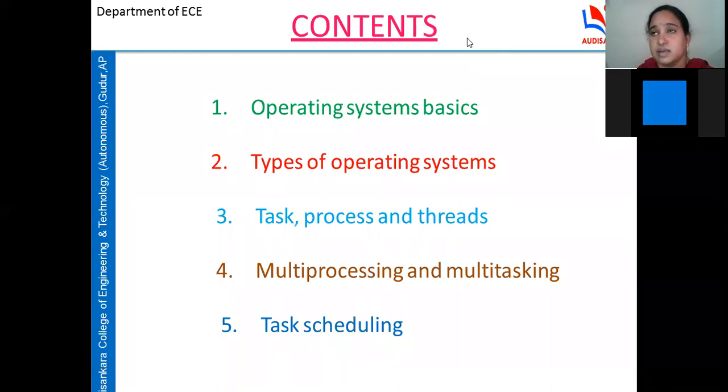While we were discussing the third unit, we looked at the different design approaches available to develop the embedded firmware. Under that, we discussed two design approaches: the software loop based approach and the embedded operating system based approach. Under the embedded operating system based approach, we discussed the different types of operating systems, like general purpose operating system and real-time operating system, the difference between these two, and examples of those two types. The same thing we are going to discuss in detail here also.